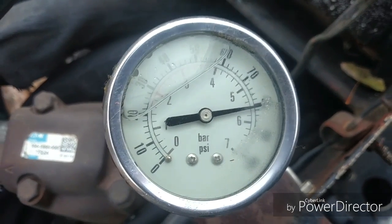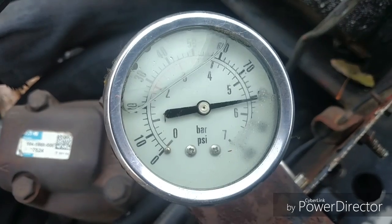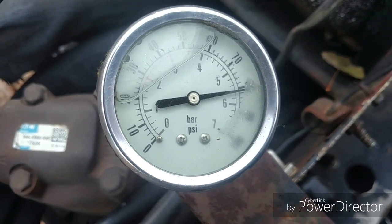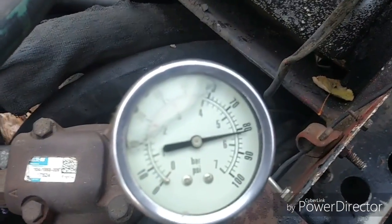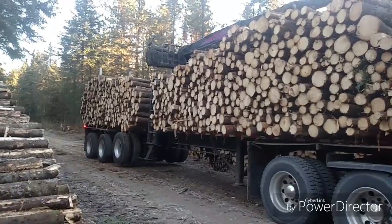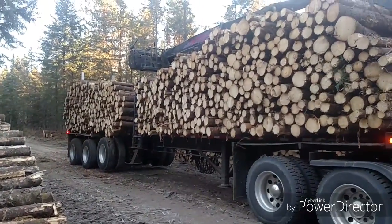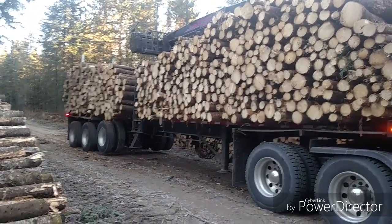This gauge is hooked into the airbag suspension system on the trailer, and we can tell by how much pressure is in the bags how much the load weighs. Got a little frost on her. Part of my problem is I can't trust my gauge. My third axle lift wasn't working this morning, so I was trying to guess what it should weigh with the axle down, because with the axle up it's way more accurate. Right now it says I weigh about 84,000 pounds, but